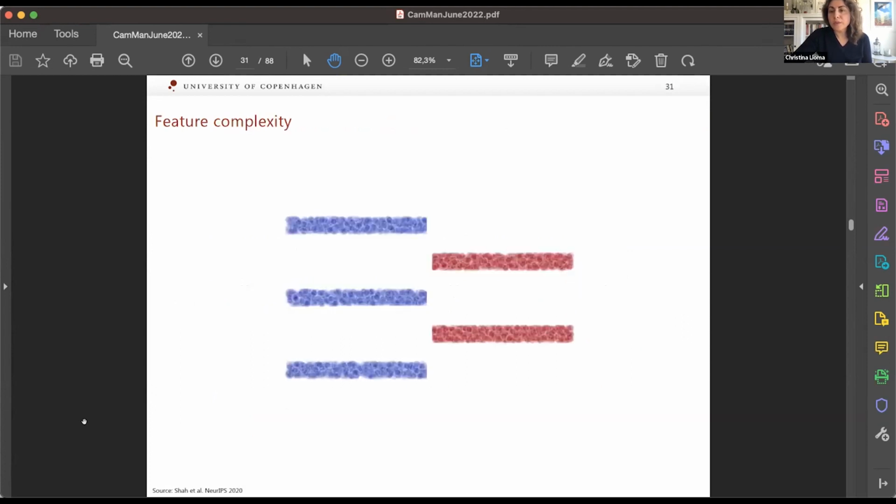So this begs the question, how do we establish the complexity of a feature? How can we measure that? And I'm going to explain that using this illustration here. This is an example of artificial data points that have to be classified into 2 classes, the blue class and the red class. And because these are data points produced artificially, they are distributed in these horizontal bars that you see here. So this is a completely synthetic data set. But let's say that we have input data points that are distributed like this, and the task is to do binary classification, split them into red and blue.